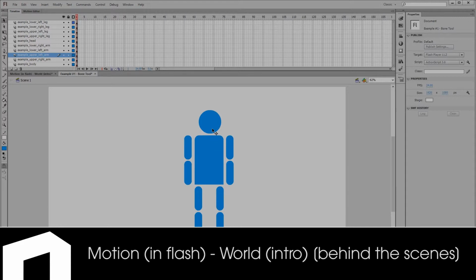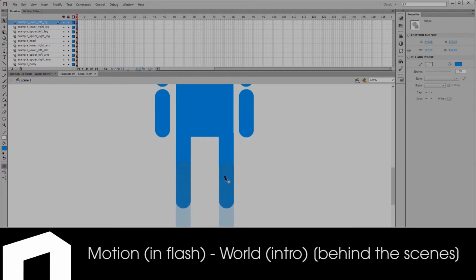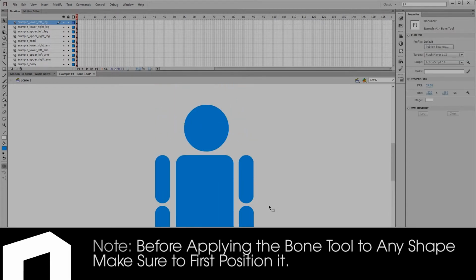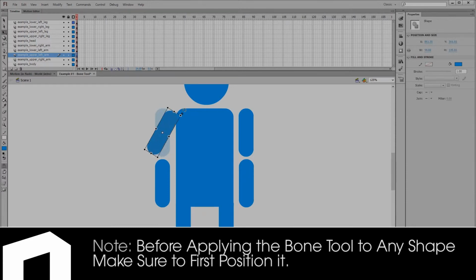So basically, to start off, what we're going to have to do is position all the parts of the body. Just zoom in here. And we're going to want to position them to line up so we can actually create the rigging so that nothing will be too amiss. You should note this: when you create the bone tool and it's not set up in any position, you will actually have a lot of problems maneuvering the tool,